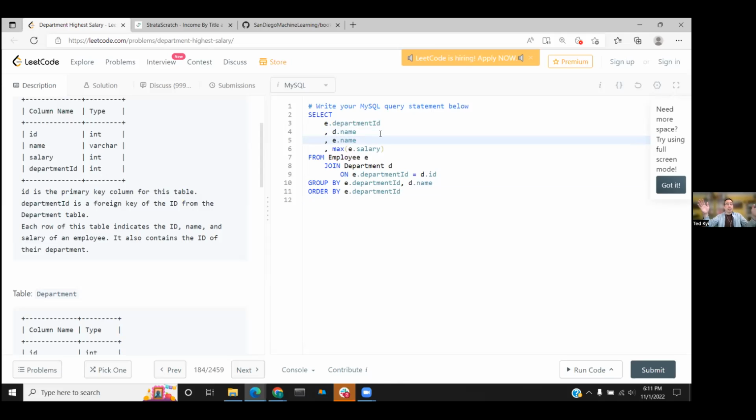Then I group it by department ID so that I get down to 1 row per department in my new grouped data. In my grouped data, I don't have an employee name. It doesn't exist anymore. All I have are the department ID, department name, and